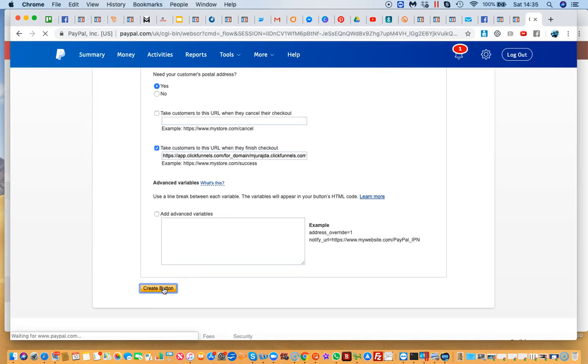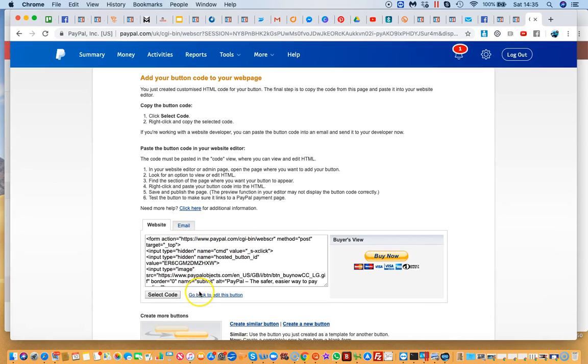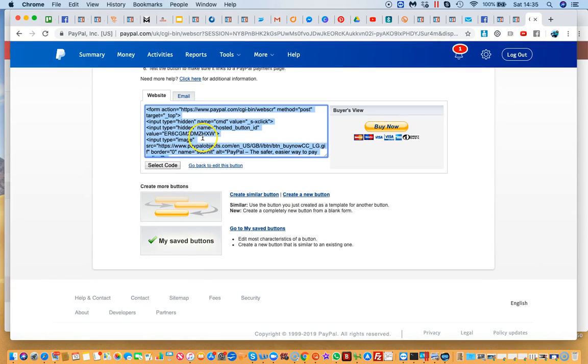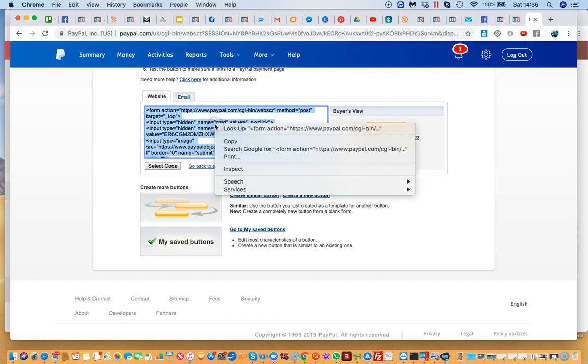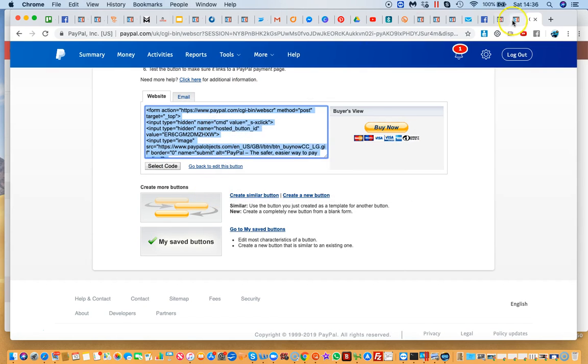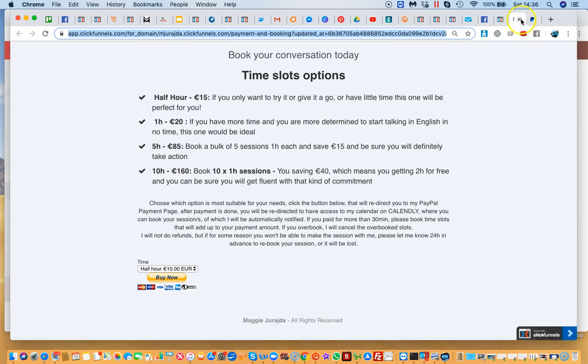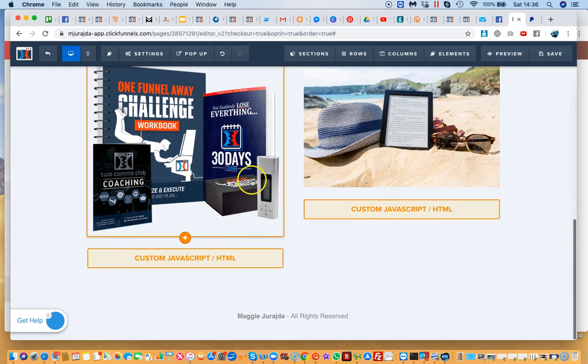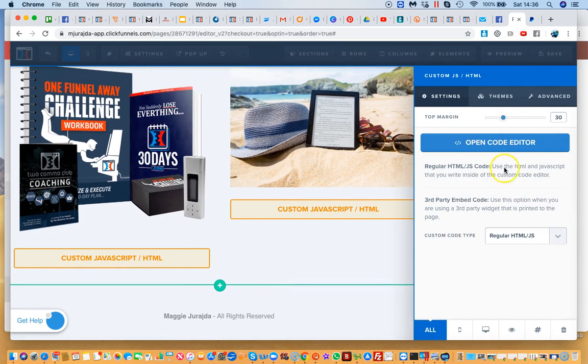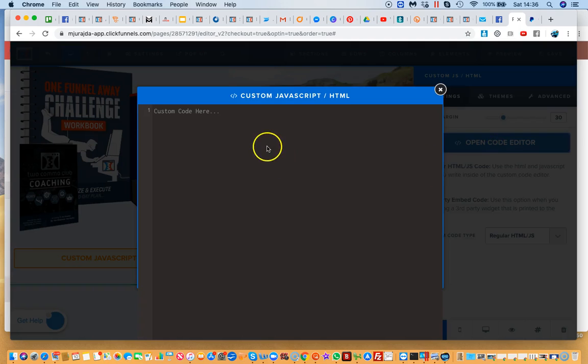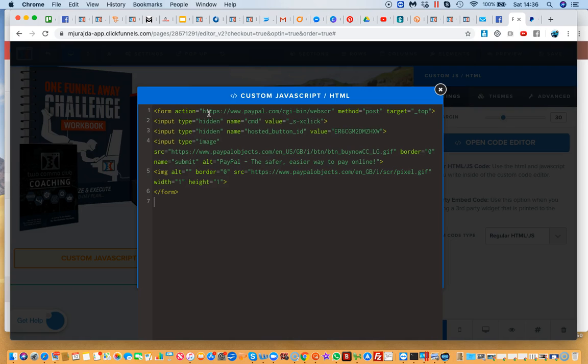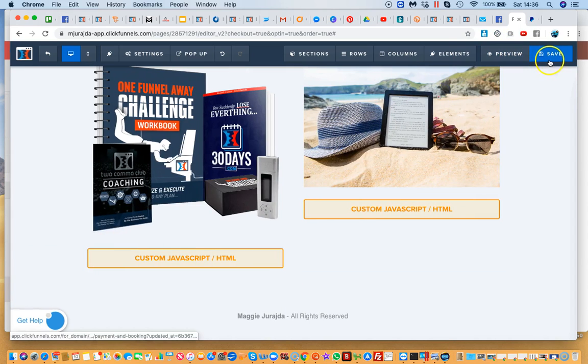If you create the button, that will generate this code. Then you can select the code and then Ctrl+C for copy, or right click on the mouse, copy. And then what you do, you go back to your funnel. This is the preview. I'm just going to close it down. Go back to your funnel, and when you click in here, open code editor, and that's what's going to pop out. I already have it copied from the PayPal. You just Ctrl+V, or if you are on a Mac it's Command+V, insert that code from the PayPal button, close this down, and when you save,